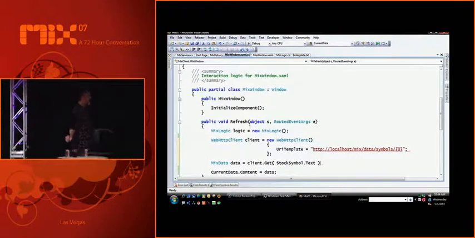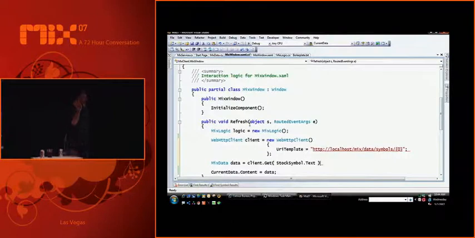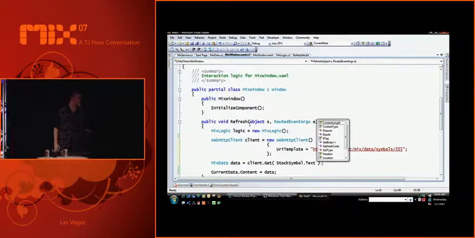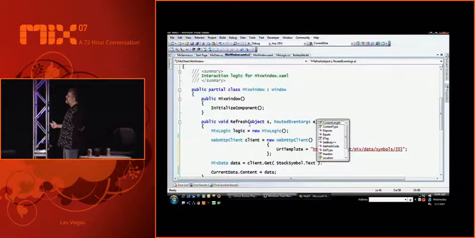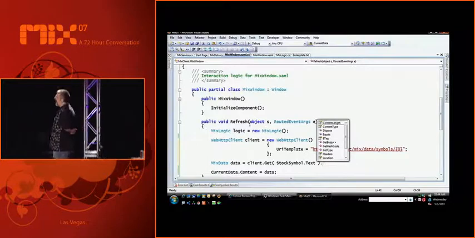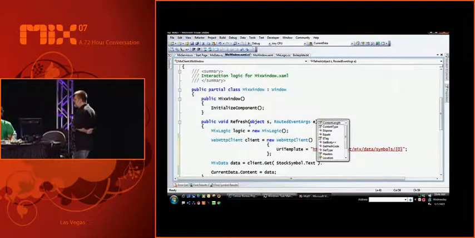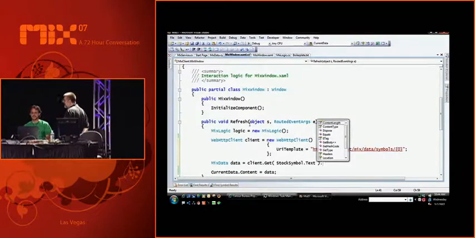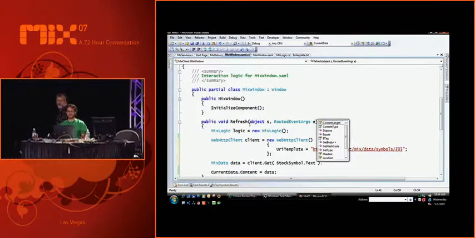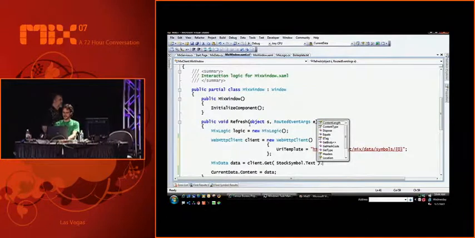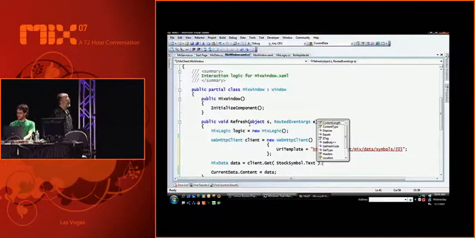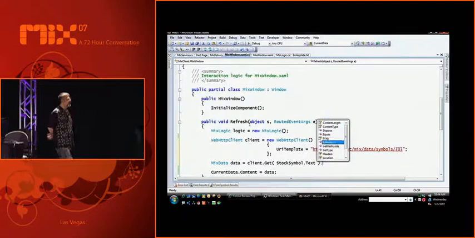What WebHttpClient does is give us both synchronous and asynchronous ways to call get, post, put, and delete, and do it in such a way that it has the right extensibility points. If you want to do things like authentication or special signing on the way out, it's pretty easy to do with this piece of code. The other interesting thing this does is it integrates with our serialization engines.